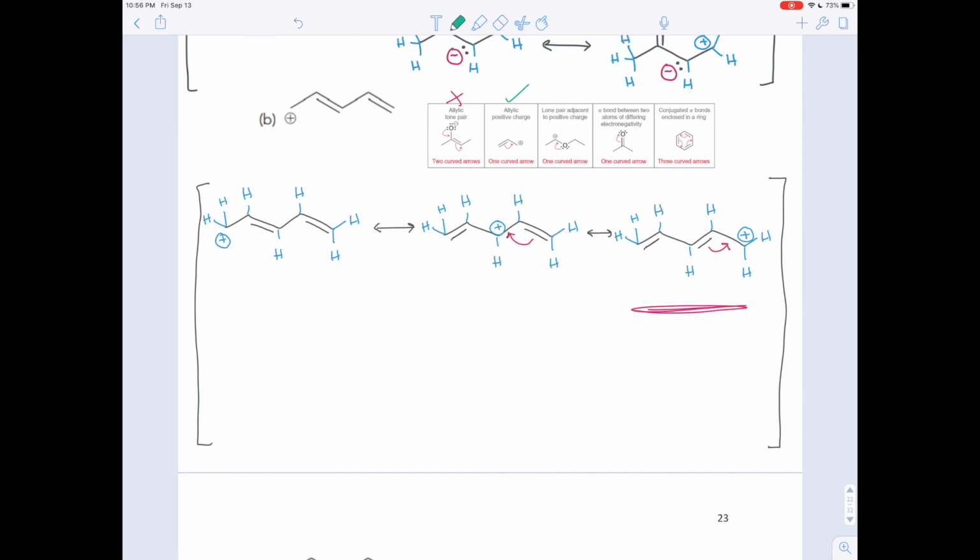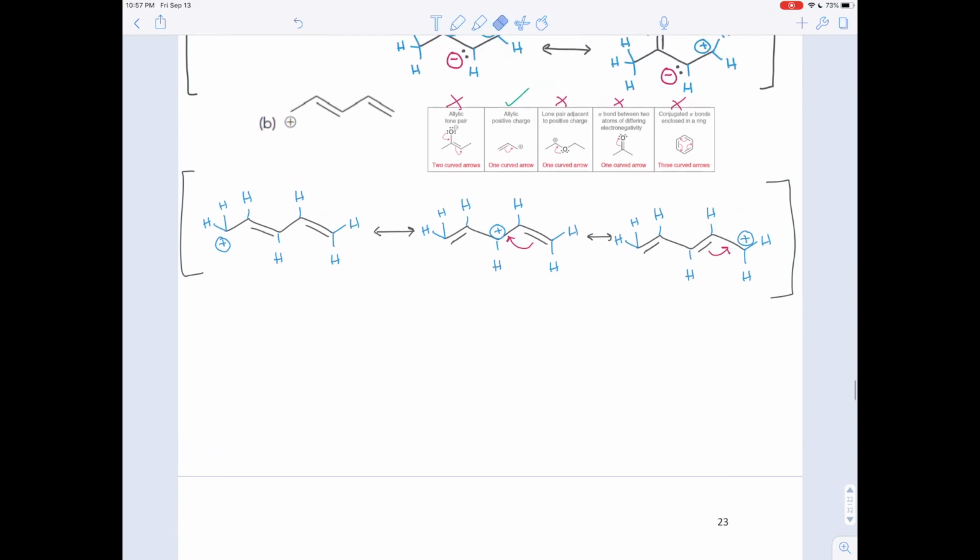How about a lone pair adjacent to a positive charge? No, we don't have a lone pair in this molecule. How about a pi bond between atoms of differing electronegativity? Nope, all the pi bonds in this molecule are between carbons. How about conjugated pi bonds in a ring? Nope, we don't have a ring. So for each of these, we've gone through all of the possible 5 patterns for each resonance structure, and so we know that this is going to be the complete list